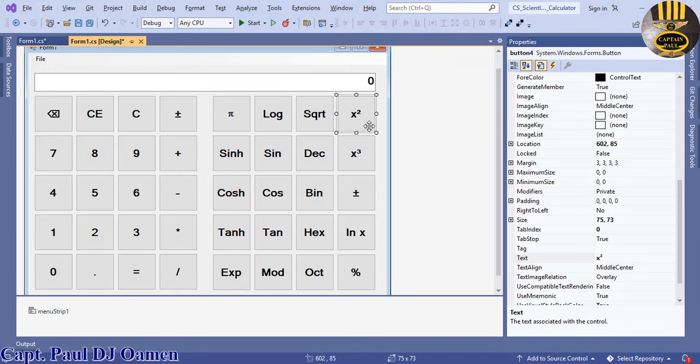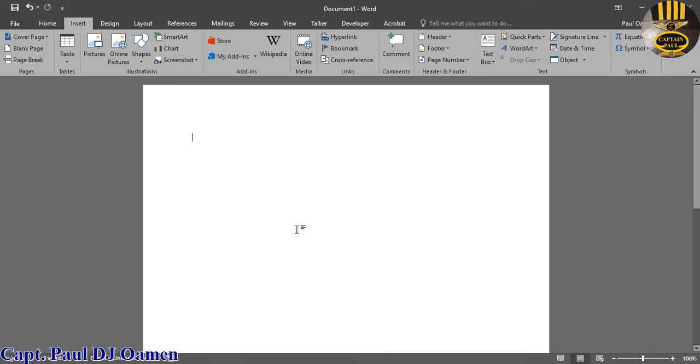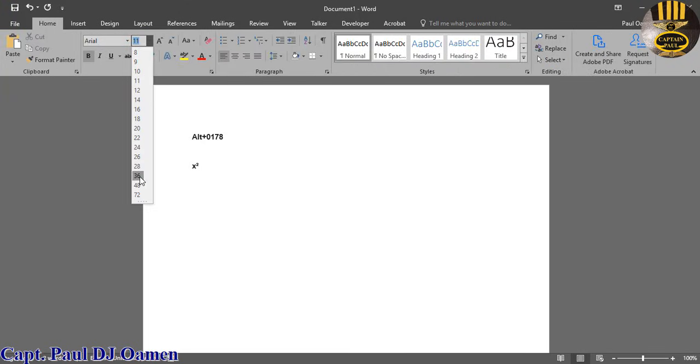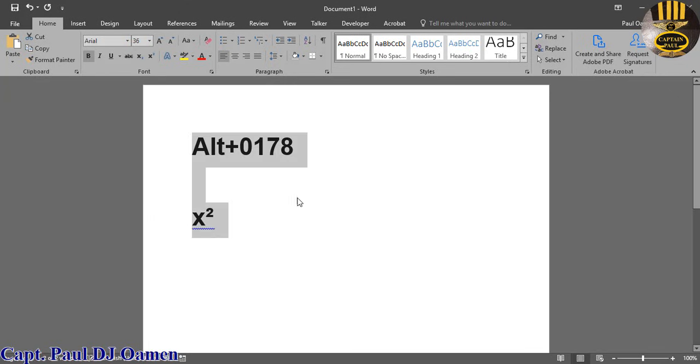Okay, to do that, let me just show you guys the instruction again. I'm going to open up Word so that you see it. So right there, that would be equals to. So what's happening in there is, you enter x, hold on to your Alt key and just type in 0178. There we go. So that is that. And the next one, let's increase the font size so that you guys can see what's happening in here. Let's make it about 36. Can you see that? That will give you x exponential 2,